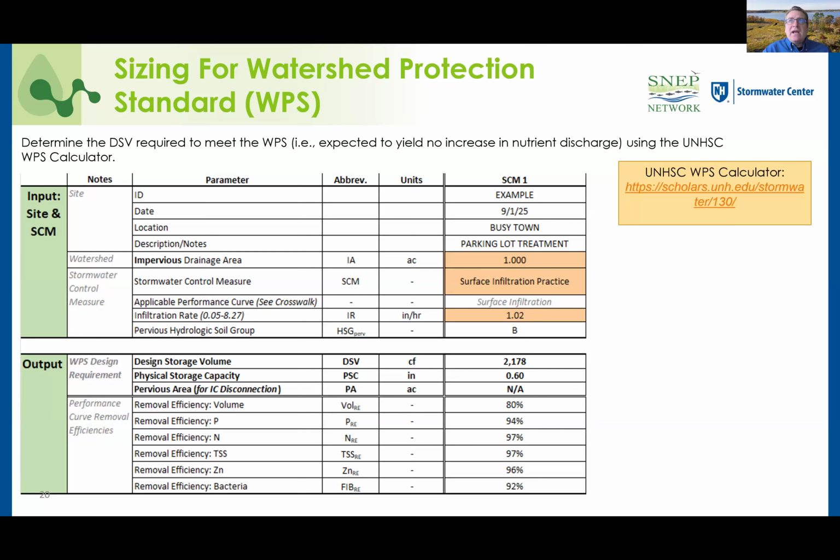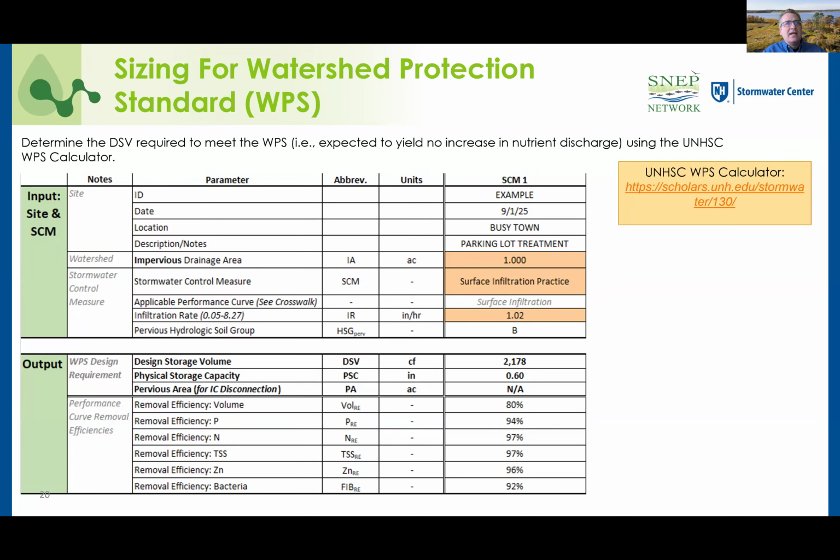All right. So we have 3 inputs, and the calculator is giving us our 4th, which is the size of the system. What the calculator is reporting is we need 2,178 cubic feet of design storage volume. I'm hoping that DSV is not a new term to you. If it is, we have multiple webinars, again, through the SNEP network that explain the EPA Region 1 performance curves. The design storage volume, or more realistically, the physical storage capacity, is the horizontal axis for how you engage all the quantitative tools associated with those modeling efforts.